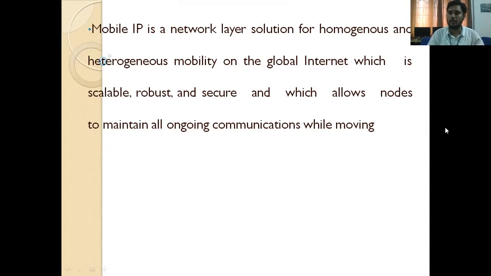As the device moves from one place to another, if we assign a mobile IP, it is easier for the network layer to identify the mobile station. The global internet is scalable, robust, and secure, and allows nodes to maintain all ongoing communications while moving.